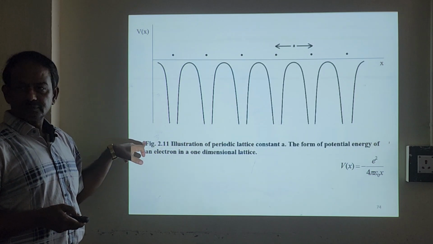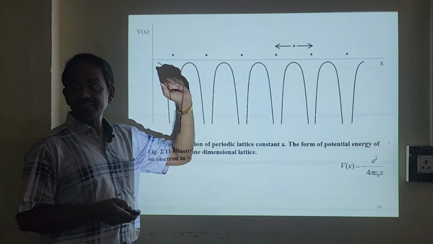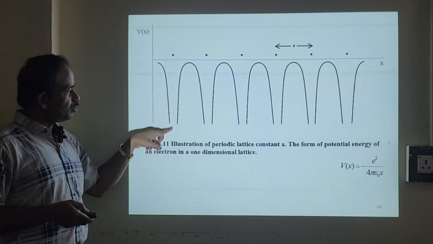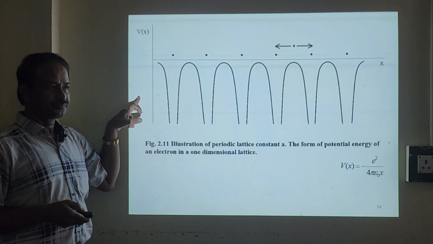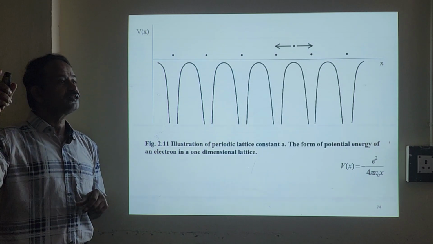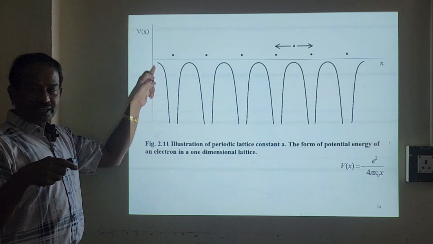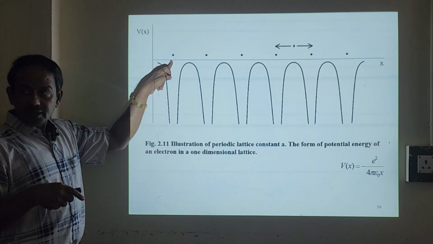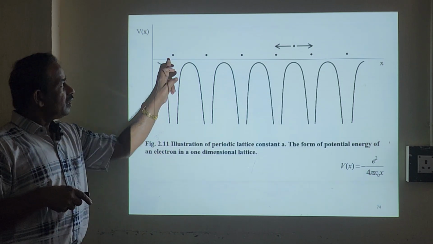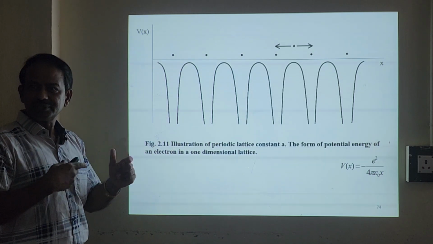Of course, we discussed this graph earlier. These are all lattice points in which the nucleus exists, and this is about the movement of the electron. Electron dispersion curve. V equals minus e squared by 4 pi epsilon naught r. This relation is minus 1 by r, so that's why the graph is like this. At r equal to 0, V is infinity. In between these two, the potential energy will be minimum. Here potential energy is maximum.